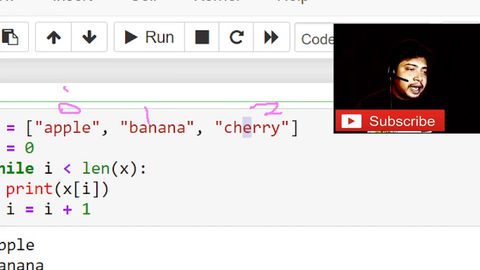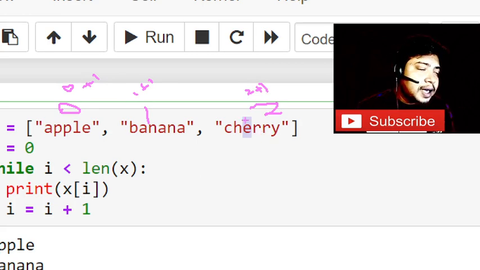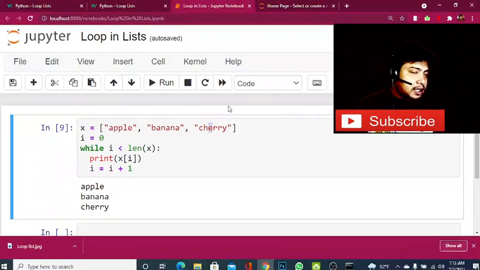So here it will be 0 plus 1, then 1 plus 1 equal to 2, then 2 plus 1. So every time this loop will run and this will go with the flow. First it will be the first item, then the second, then the third. So the loop will definitely be less than the length of the list.